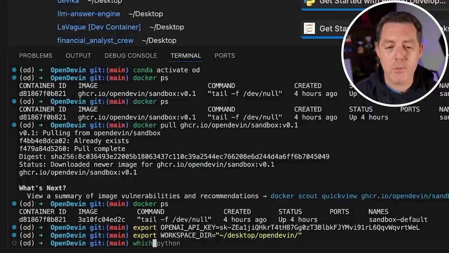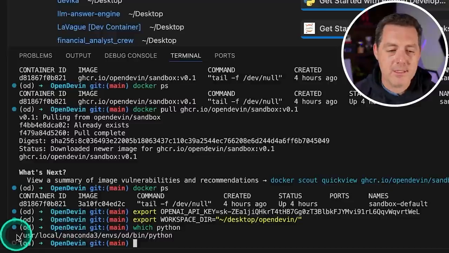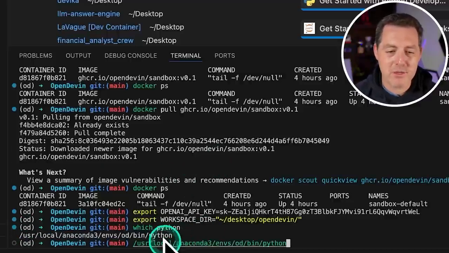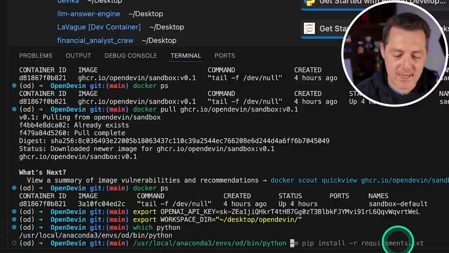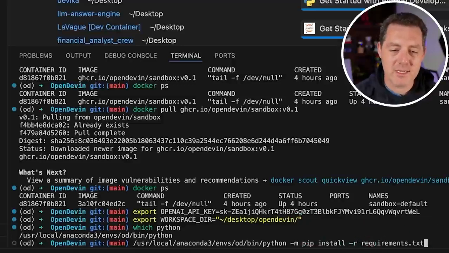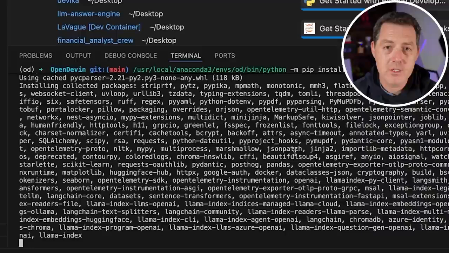So we're going to type which python. This is only because we want to make sure that we're using the correct Python for installing with pip. So we grab the Python version we're using, then we simply paste that in, type -m pip install -r requirements.txt, then hit enter. One of the issues that I faced is that this project requires Rust, and specifically